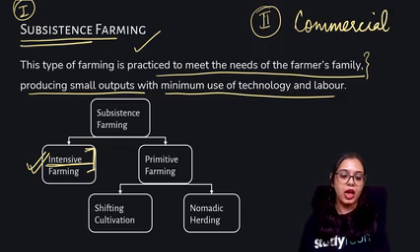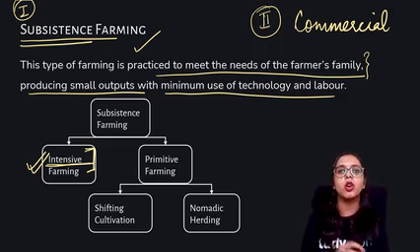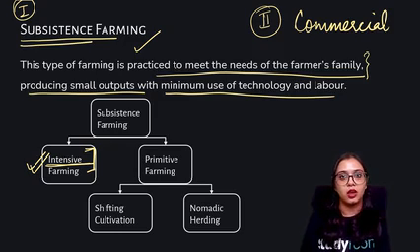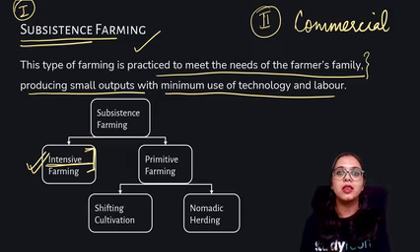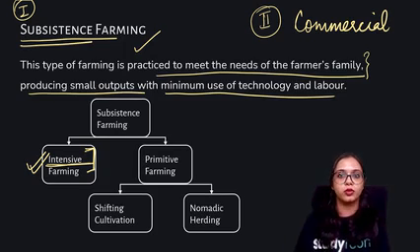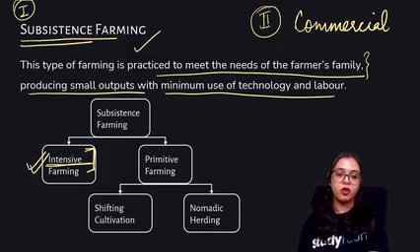All right, and also the kind of technology that he uses may or may not be modern, it depends. Okay, so he may be using a tractor, or sometimes the tractor could be his, sometimes the tractor could be on rent. Okay, and he may be using traditional methods such as plowing by his own hands with the use of some equipment, or plowing by bullock carts. All right, then